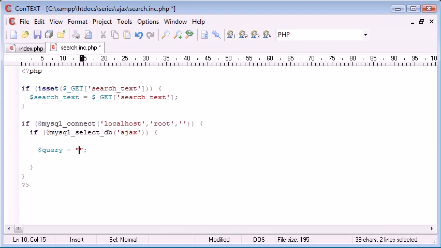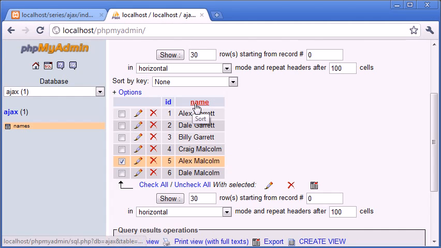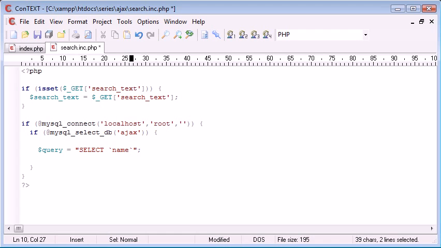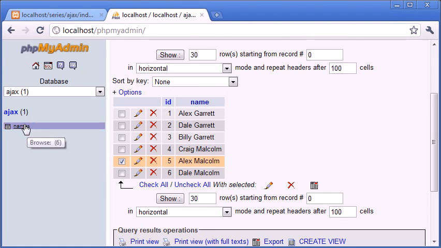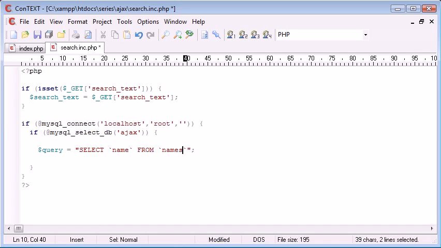So let's start creating our query. I'm going to say SELECT, and what do I want to select from the database? I want to select the name. So if we go into our database, we've got the name here. So I want to select the name, and we're selecting from, and the table is names. So let's go back into our database and have a look at that. We've got names there. And then what we're doing is we're saying WHERE name